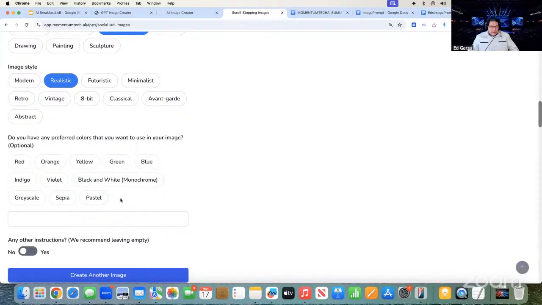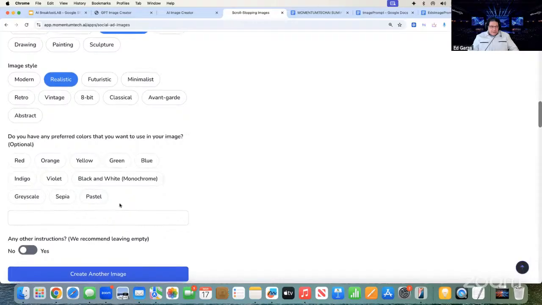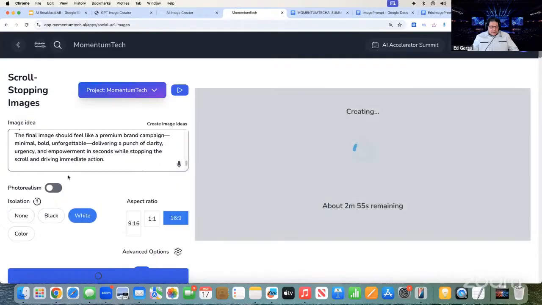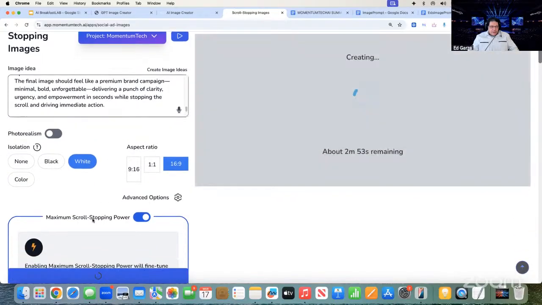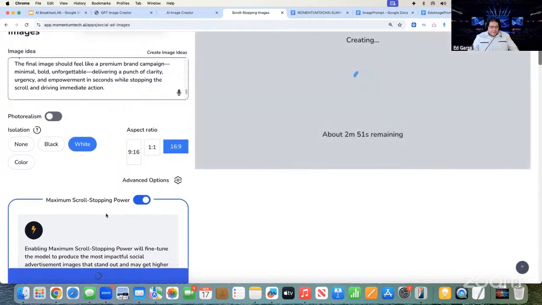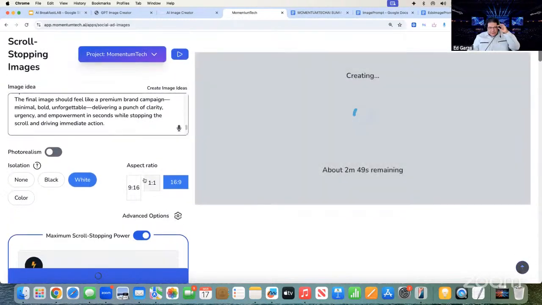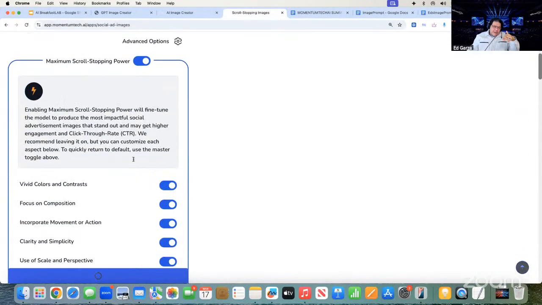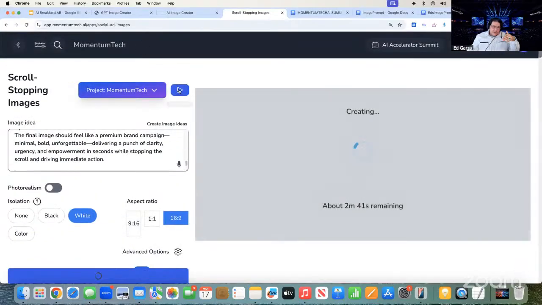And I could choose some other things. Let's create another image. I wouldn't mess with the vivid colors here and all these other things. You want maximum scroll stopping power. So this is a scroll stopping image creator. Using the same prompt, I just changed some of the elements on the bottom here. And we have a complete tutorial here for you as well.